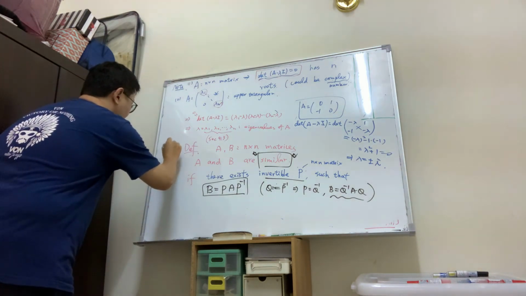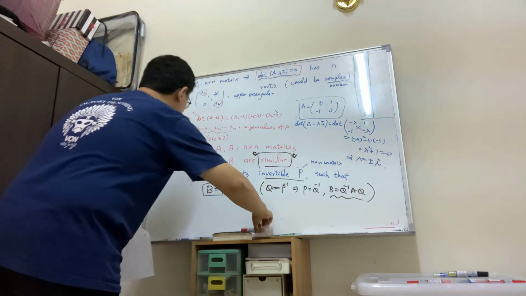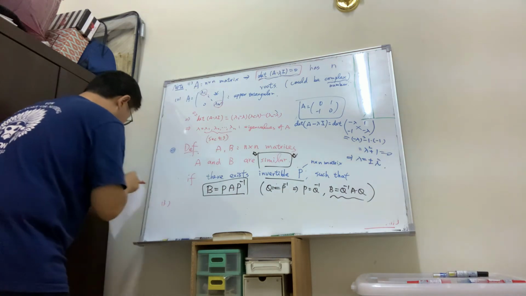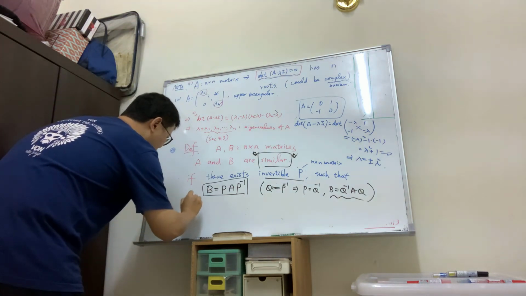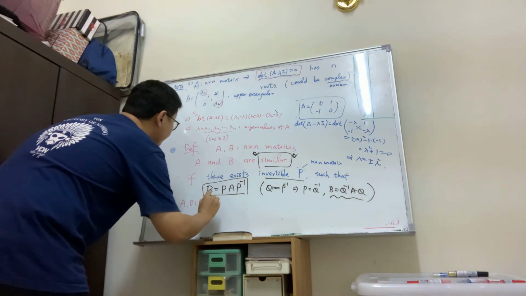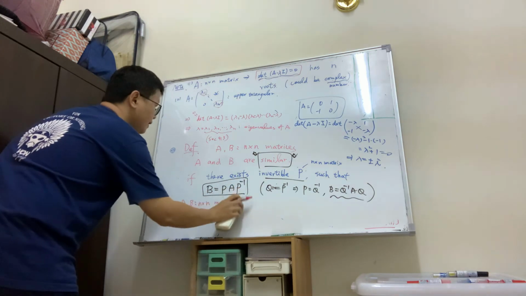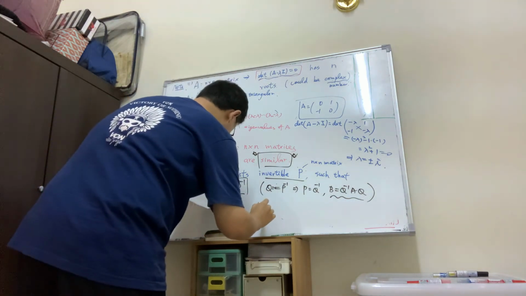That's why we introduce it here. What's the nice result? Let's see the third one. If A and B are n by n matrices, and A is similar to B,